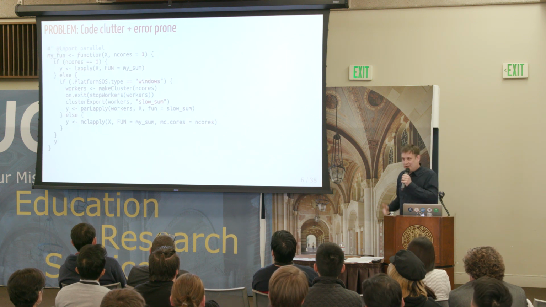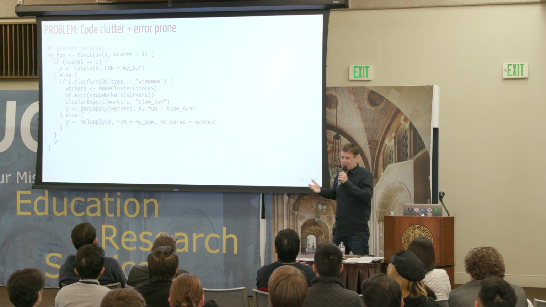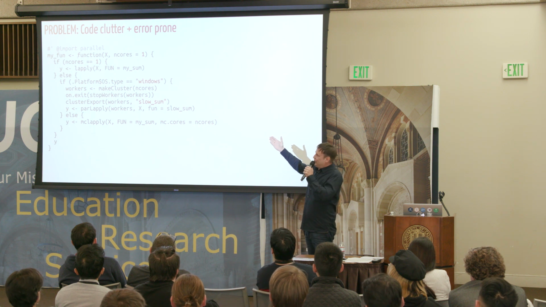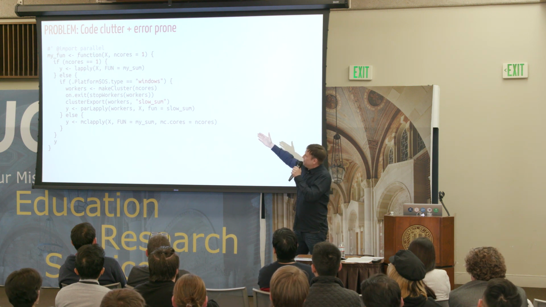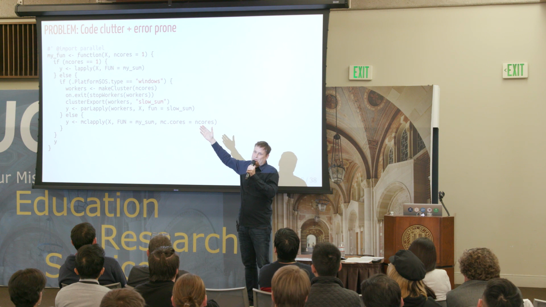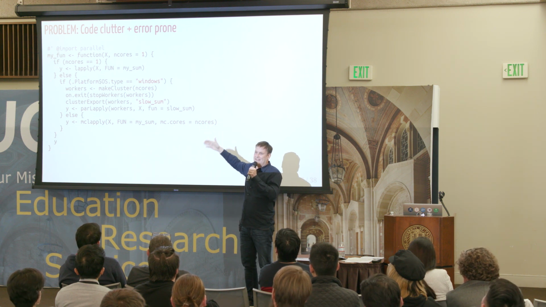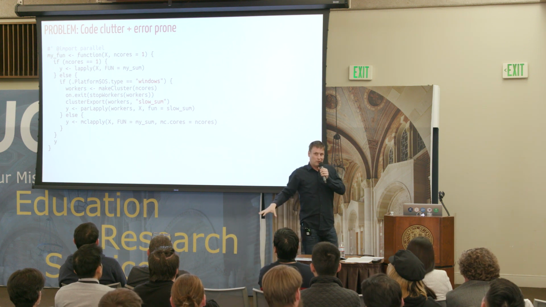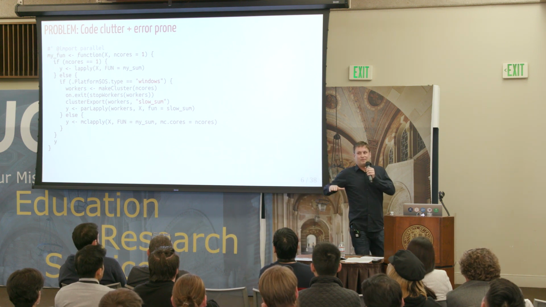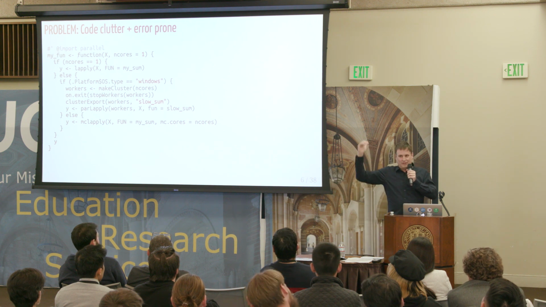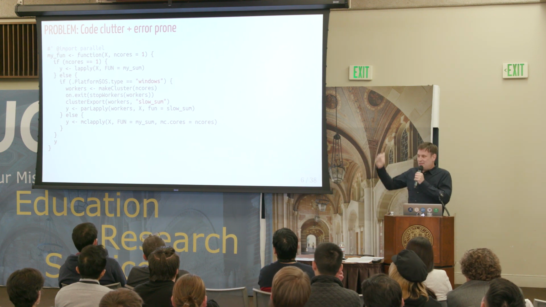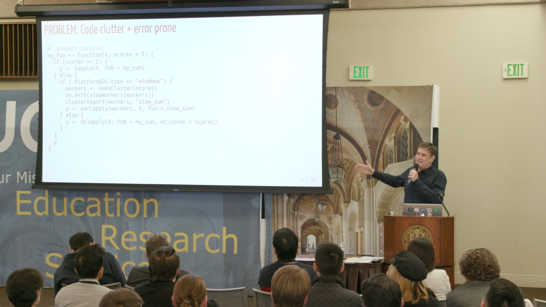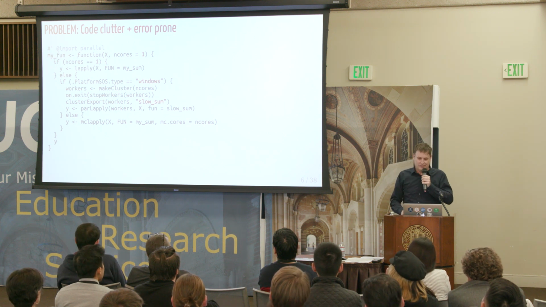Okay, and code, if you want to support everything, you start doing things like this. You want a function that just does an lapply, but you also want to support doing it in parallel. If you're on Windows, you do one way. Otherwise, you do another thing. And this is only covering parallelization on your local computer. If you want to run on 2 computers, you have to add more code. So you can imagine this is very hard to read. It becomes error prone due to test coverage and everything, and so on.